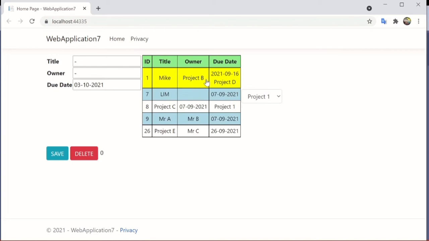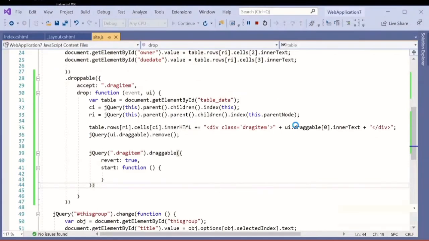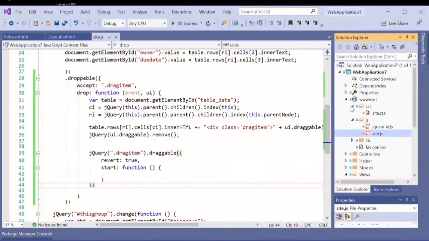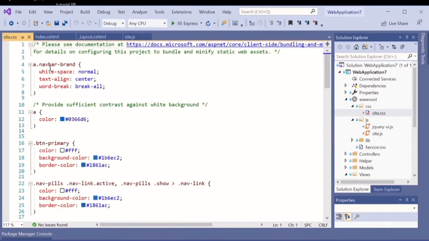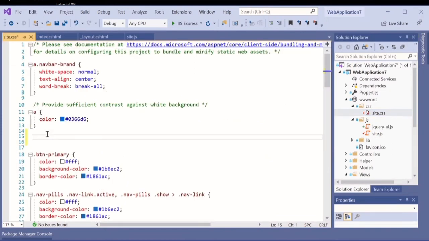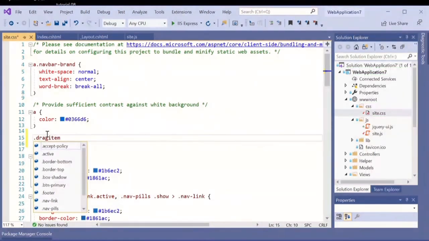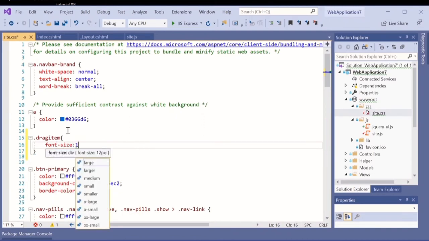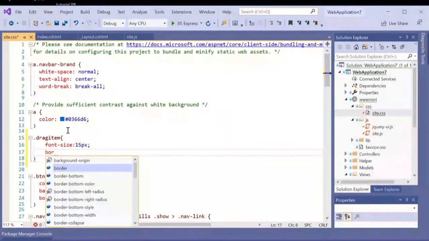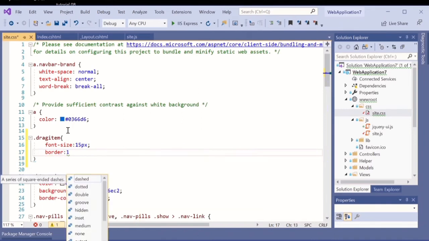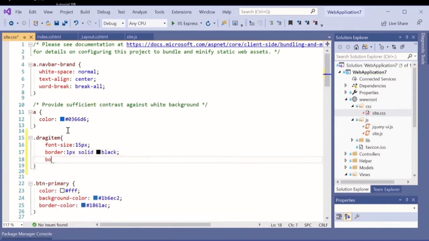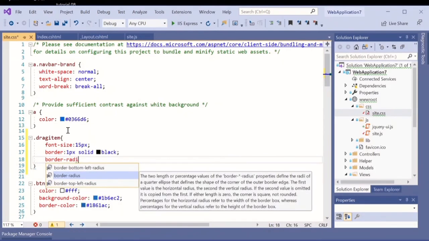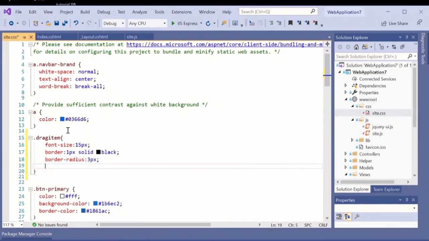Next, let's try to make some styling for this drag item by using CSS. Go back to our Visual Studio and under this CSS folder, open up this site.css. Find some location over here and type a dot followed by our class name, the drag item, and we can assign the font size maybe to something like 15px, and let's apply a border of 1px solid black, and let's set the border radius to about 3px, and a background color